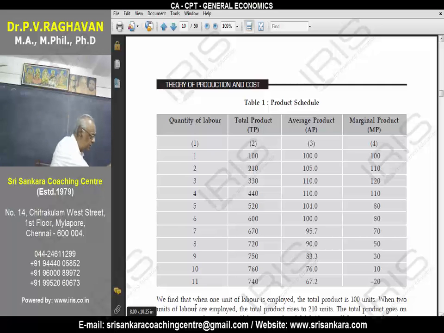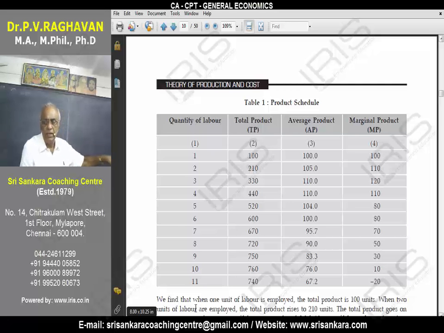Now you do a small correction. Look at 10, what is 10? 10 is 760. 11 is there, what is there? 740, right? Make it 760. Then if there are two 760s, what about marginal product? 0, put that. Then add 12. Put 12, make it 740. 12 is 740. Now what changes in the last column? 0, and minus 20.